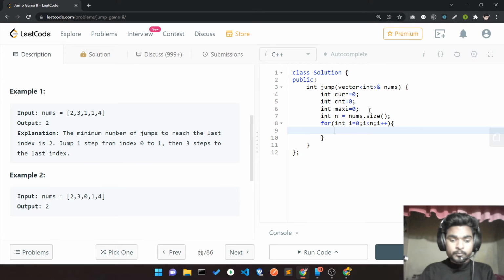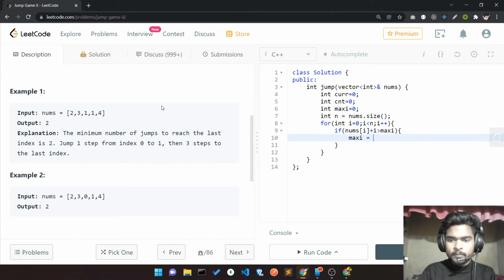Whenever nums[i] plus i, meaning where I am standing plus the value there, is greater than my maxi, I have to update my maxi.